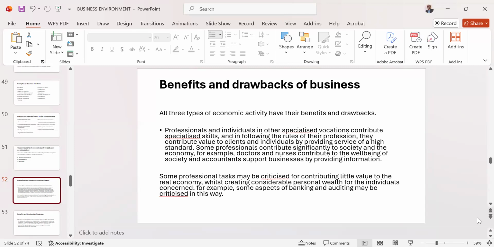Another drawback that people are now looking at is that it's as if these professionals actually work to make money for the owner of the business, such that they contribute little or nothing to society. And an example was given. They said banking and auditing. If you have a bank,